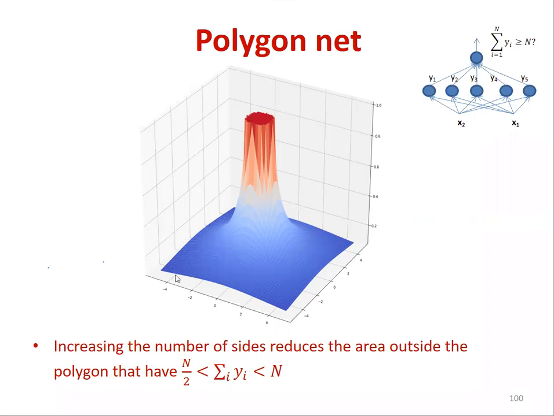Then you get this vast region of the space where the sum is n over 2. And then you get the intermediate regions where the sum slides from n to n over 2. And these are the problem, right? Because when I try to put two of these polygons together, the regions where the sums for the individual polygons are not 1 will cumulatively add up to something greater than n and cause problems.